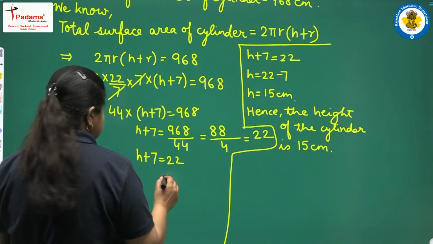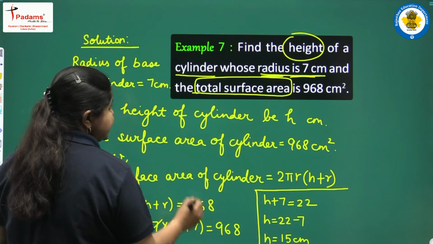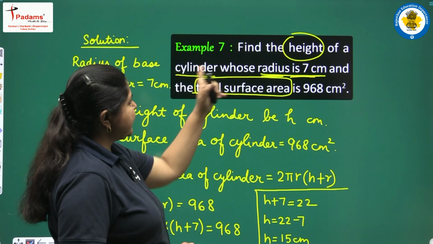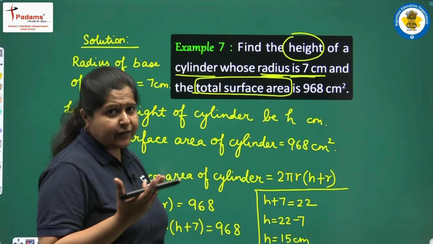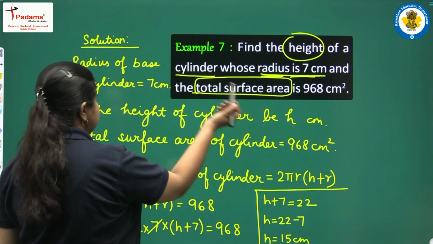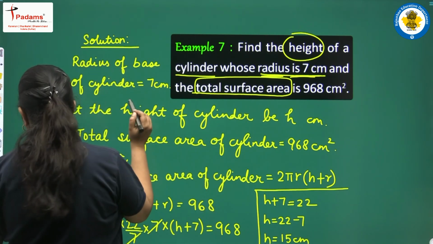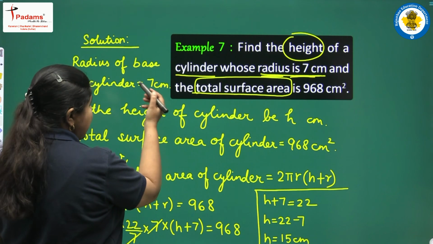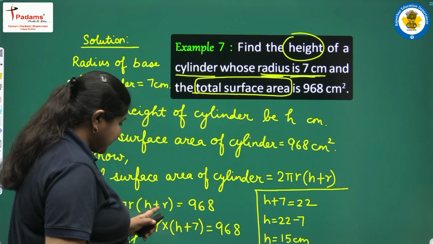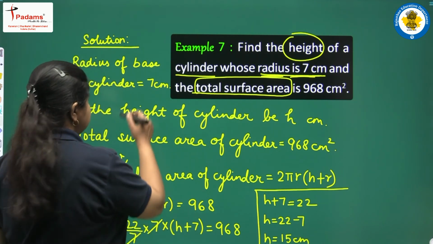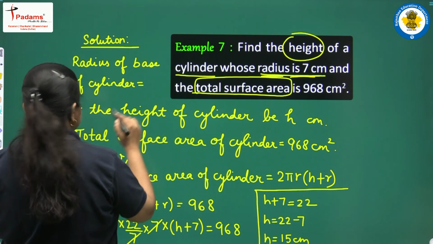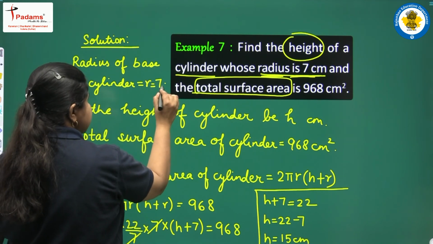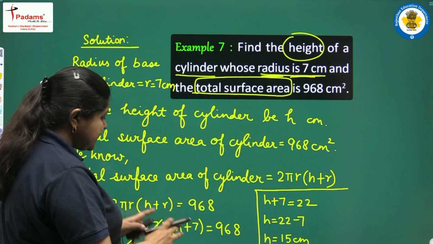We go through it once again. हमें क्वेश्चन में रेडियस दिया गया था सिलेंडर का और हाइट पूछी थी और टोटल सरफेस एरिया दिया गया था। टोटल सरफेस एरिया दिया गया है, इसका मतलब यही फॉर्मूला यूज़ करना है हमें। तो पहले हमने यहाँ बता दिया रेडियस को R से डिनोट करना, देखिए भूल गए हम। जब हमने यहाँ R डिनोट ही नहीं किया तो फॉर्मूले में हम कैसे उसको बता पाएंगे? डिनोट इट बाय स्मॉल r. लेट मी राइट इट वंस अगेन हियर, स्मॉल r इक्वल टू 7 सेंटीमीटर।